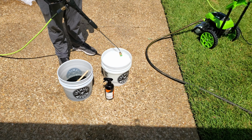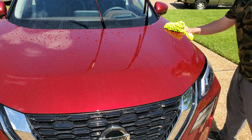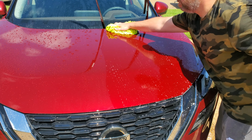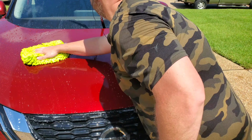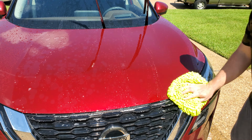We'll go ahead and make sure it's mixed in pretty good. I always like to use the pressure washer to do this. Now we'll start the wash process. I always try to start the wash and rinse process on the horizontal panels first and then work my way to the vertical panels. If you take a look at it, it's the ceramic coating, or the CQUARTZ in this